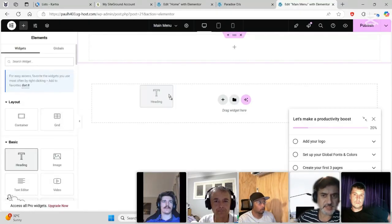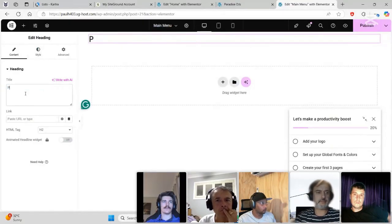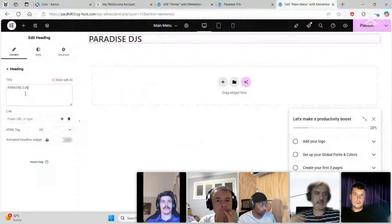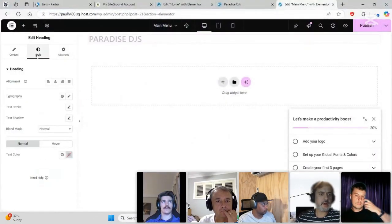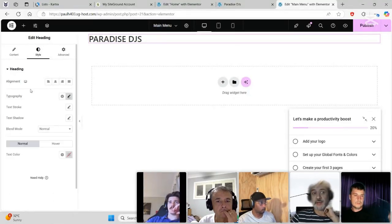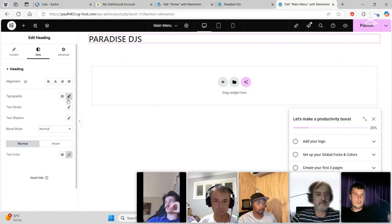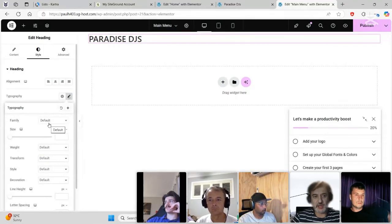And we're going to start with adding some text. Paradise DJs. Now we're going to set that to Poppins. Before we go on, I'm going to show you something. We're going to get sidetracked for one quick second. I like the font Poppins. We're going to use it because that's what he's got already, and it's a good one for titles. So I don't want to keep changing it here because